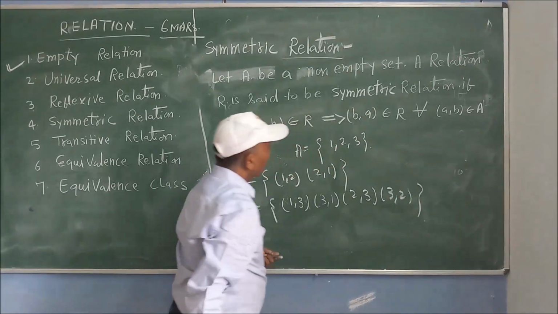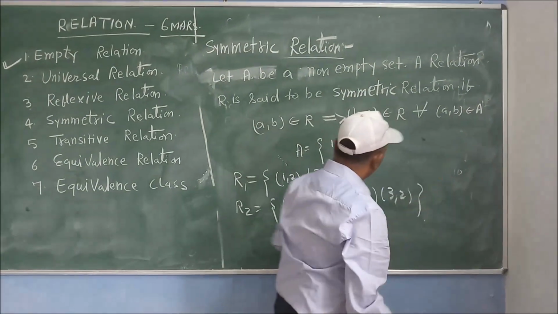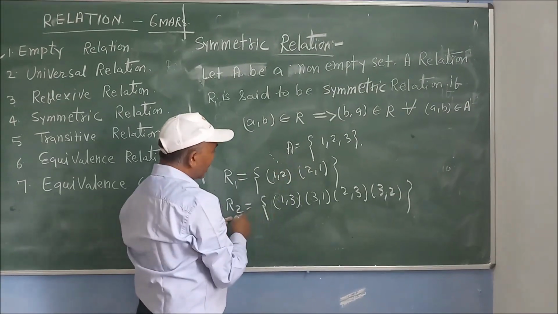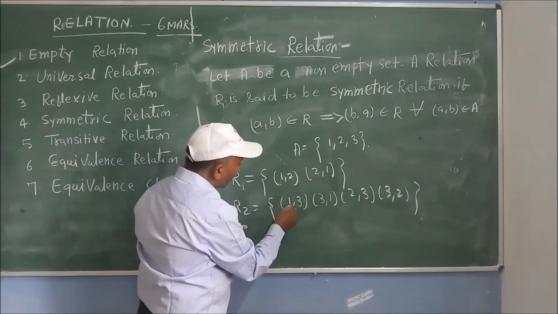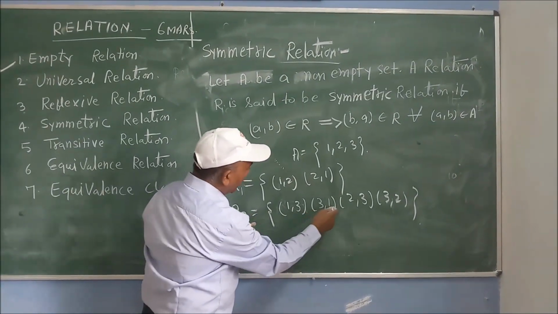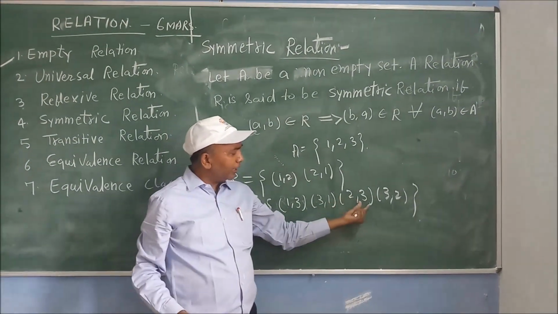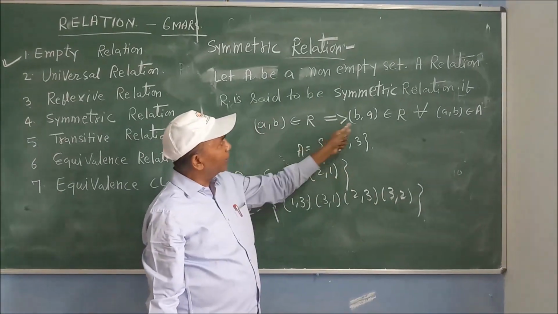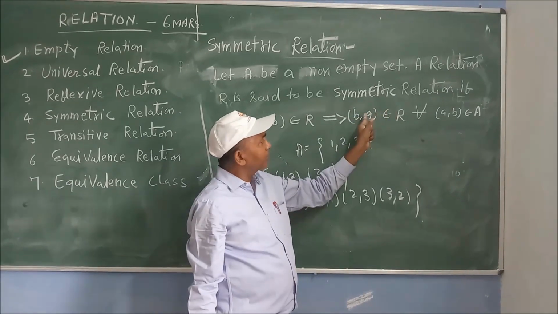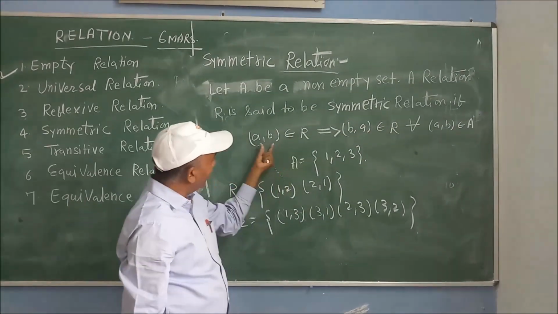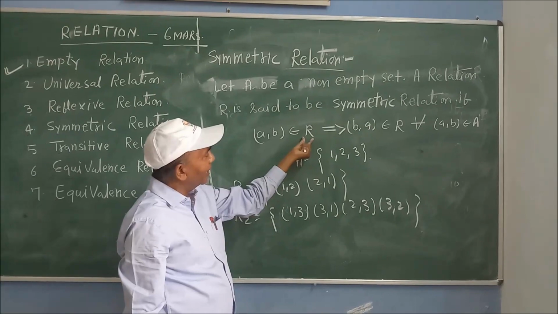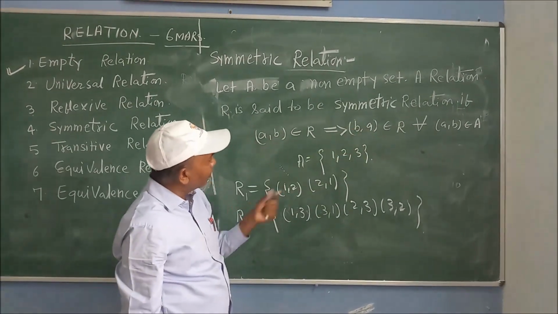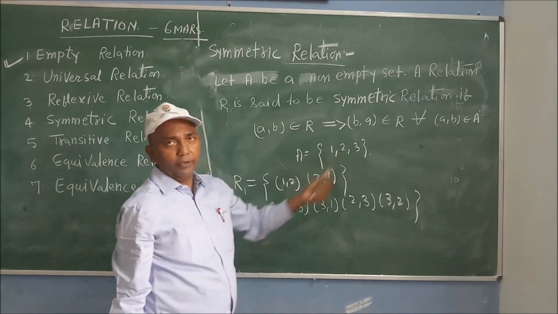See here, (a, b) belongs to A means here a and b are elements of A, and the relation must be such that if (1, 3) belongs to R, then (3, 1) is there. If (2, 3) belongs to R, then (3, 2) is also there. So if (a, b) belongs to R, then that means (b, a) also belongs to R. अगर (a, b) रिलेशन के एलिमेंट्स हैं तो (b, a) को भी रिलेशन के एलिमेंट होना चाहिए जहां a और b उस सेट के एलिमेंट्स होंगे.